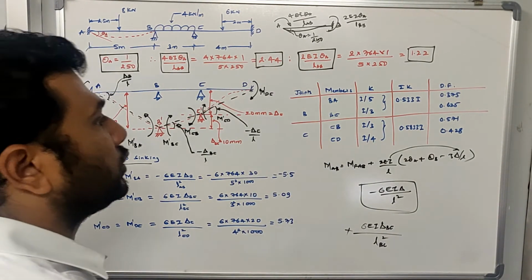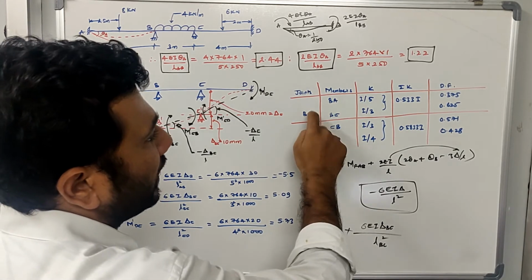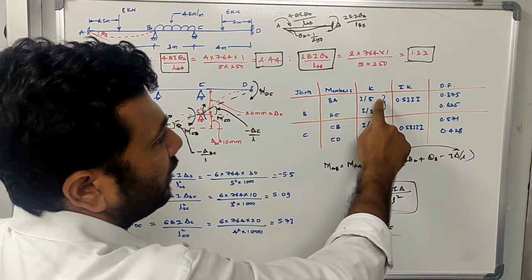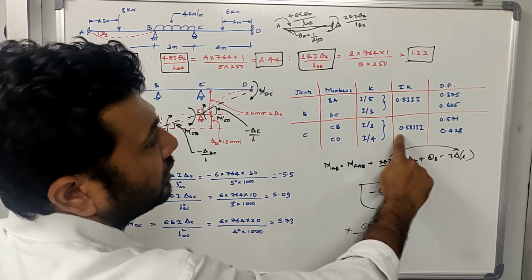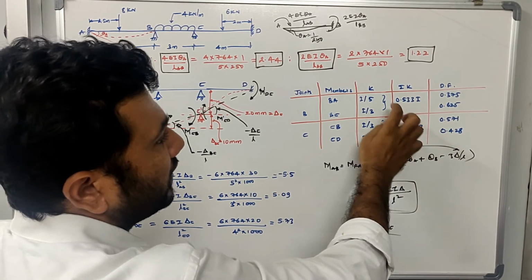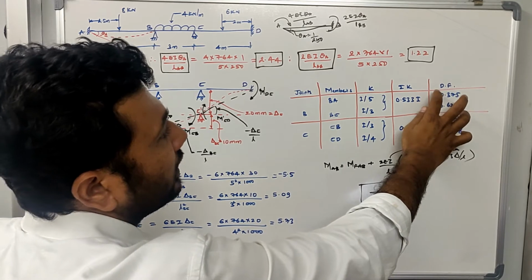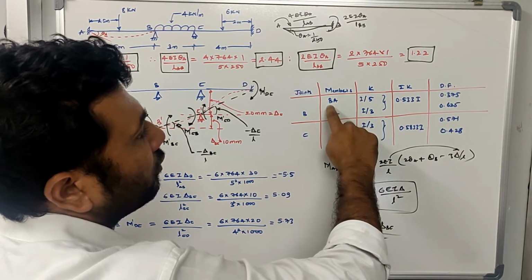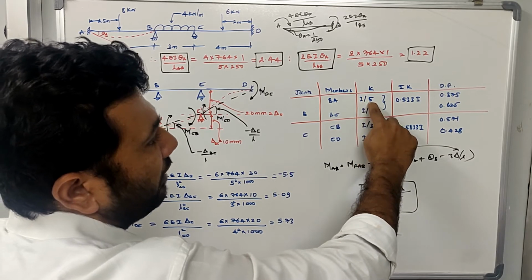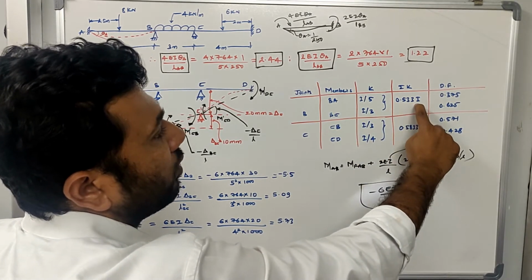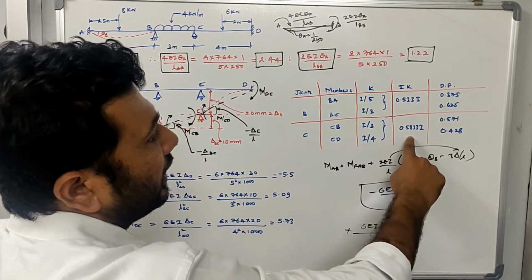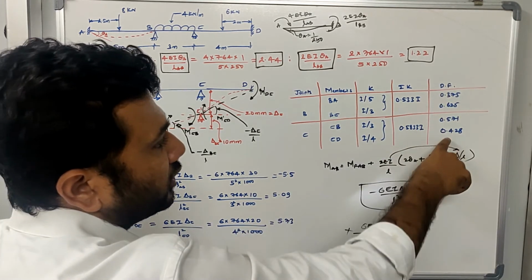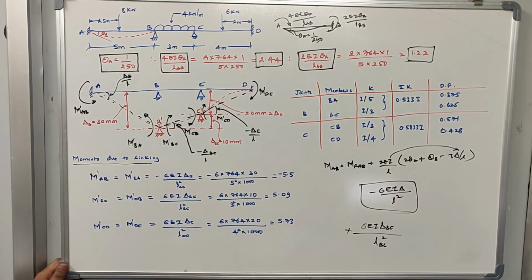Now let us find out the joint stiffness of B and C. To calculate the joint stiffness of B, we sum up the stiffness values of BA and BC. The sum is written here. Similarly, the stiffness value of joint C is solved over here. Once you solve the joint stiffness and relative stiffness of individual members, we can solve the distribution factor for individual members. For member BA, the relative stiffness is I by 5. I by 5 divided by 0.533 will be equal to 0.375. Similarly we can calculate for BC, CB and CD. Once you solve the distribution factors, our next step is to draw the table for end moments.